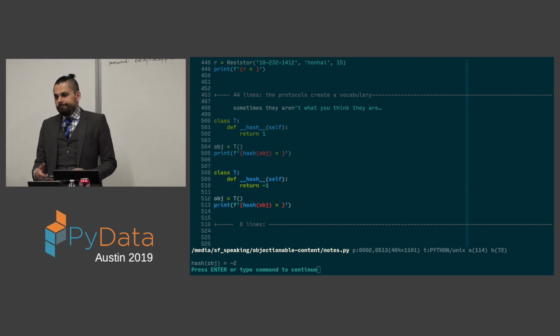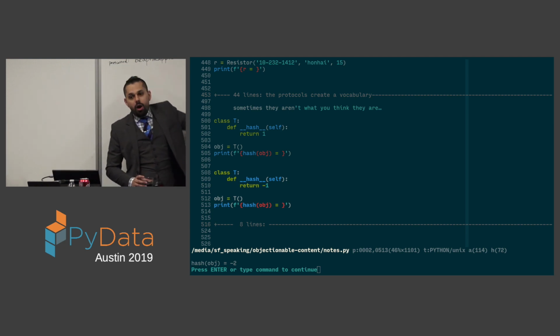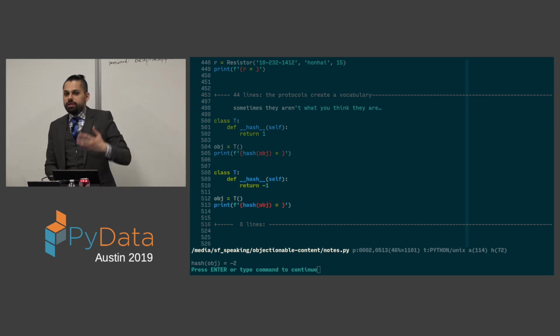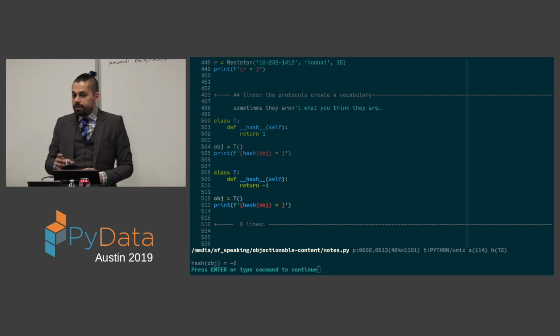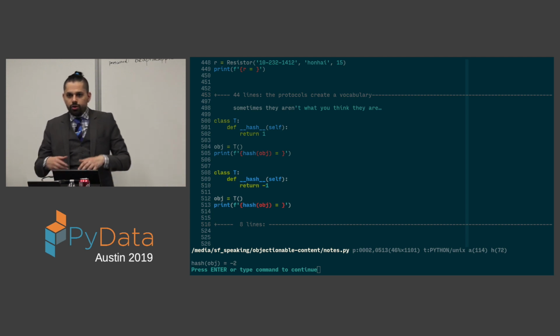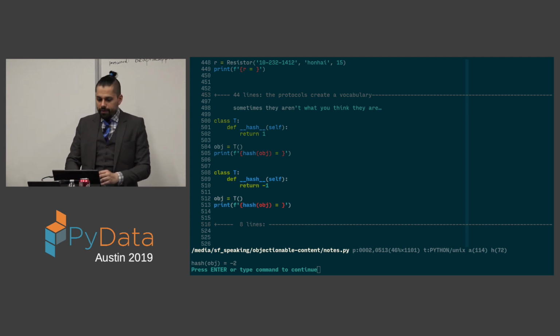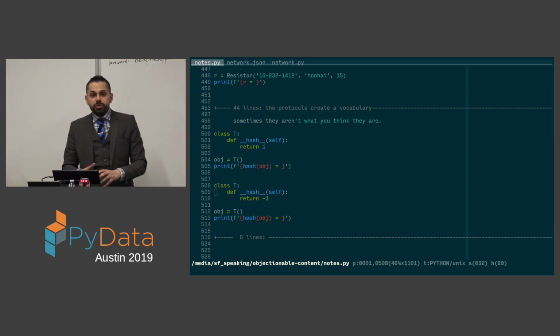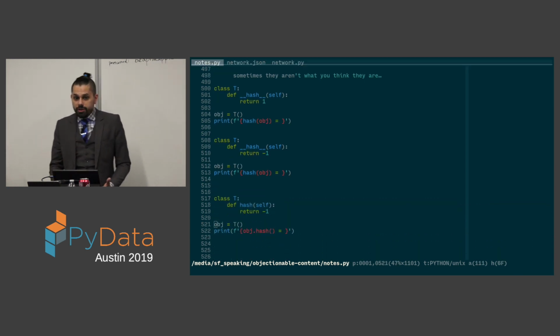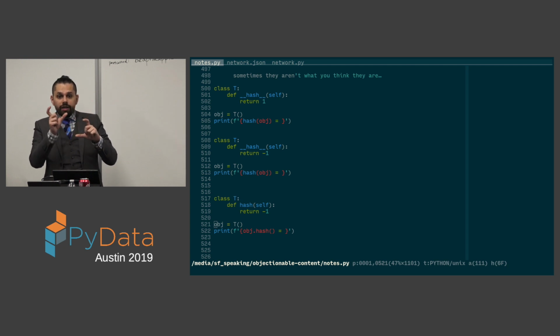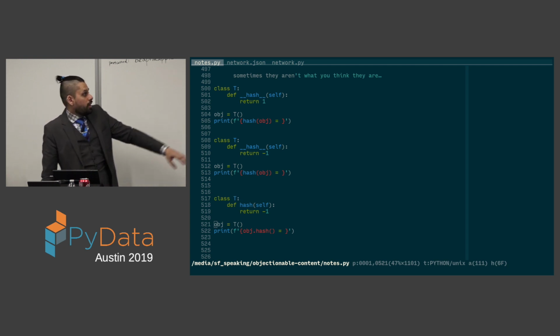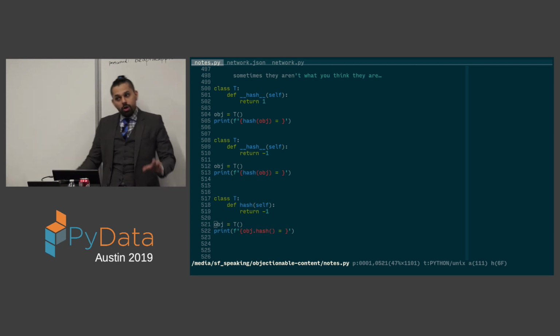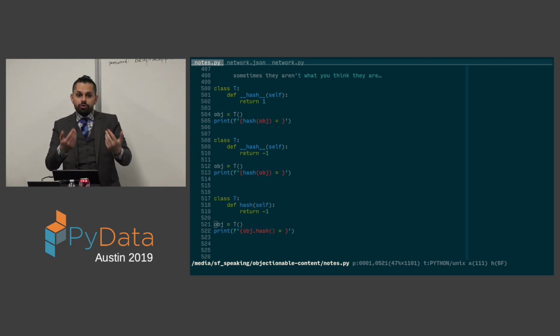And so the actual hash value produced by this method may not always be predictable, and it may change between different invocations of the same interpreter with the same version of Python and the same code base on the same machine. So it's not something you can reliably use to compute something. In this case, if you wanted your objects serializable into your own object dictionary, and they need some unique identifier in that object store, then you might actually have to write your own hash without the underscores function,